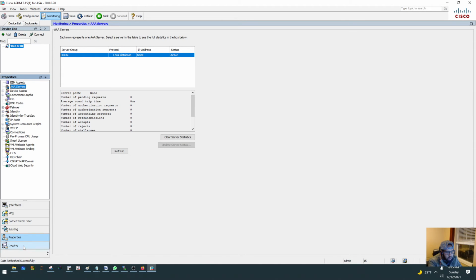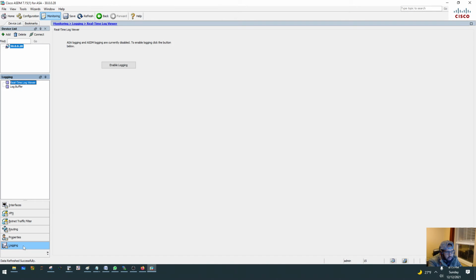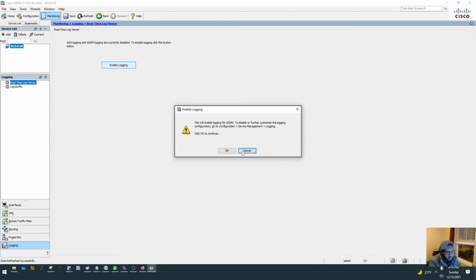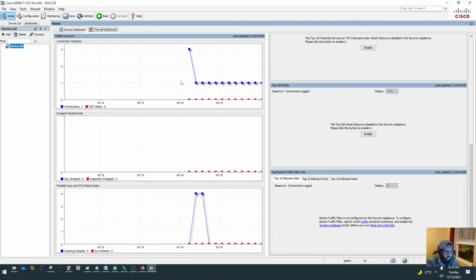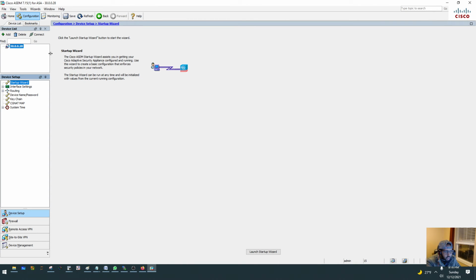And then properties. You can also see the logs. You can enable the logs and view all the logs, debug, and everything, right? And this is the configuration where you want to set up the VPN, or if you want to just set up from scratch again. There's a startup wizard,